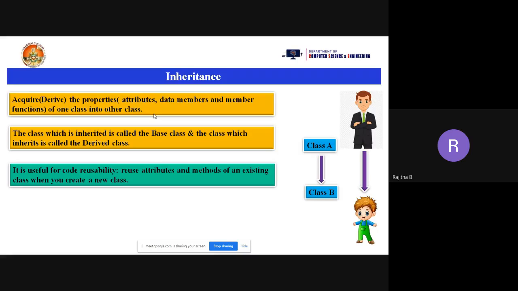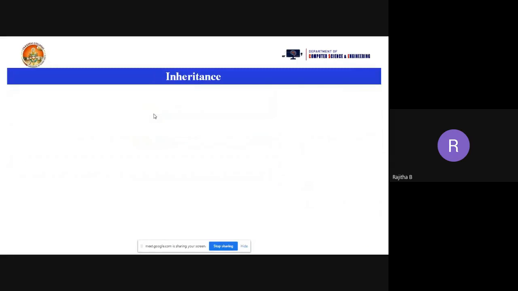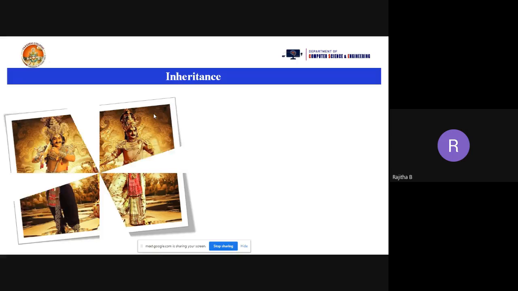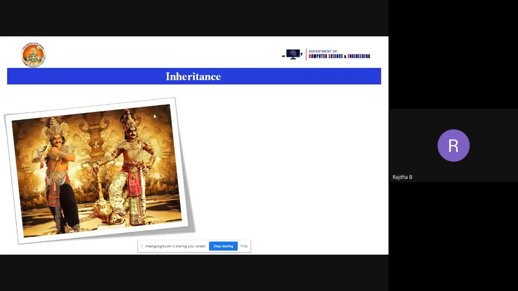Or take one more example like this. Suppose you take junior NTR and senior NTR. The features of junior and senior NTR are almost the same. The dialogue delivery and the structure of the pose are the same.